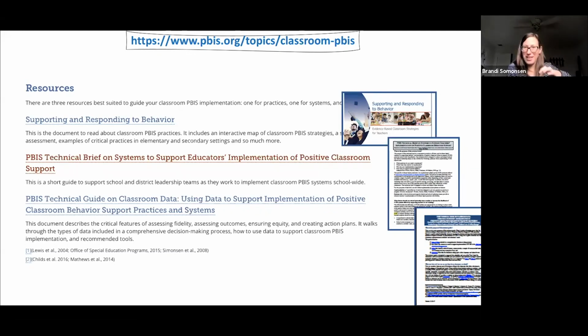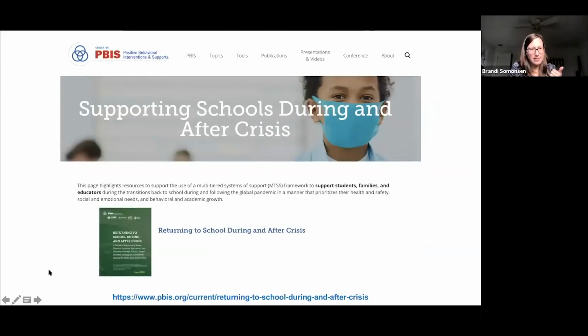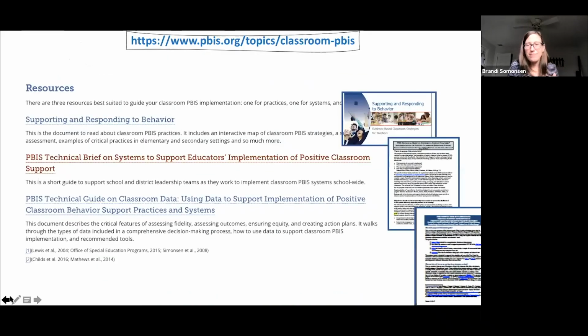Those circles that Kim showed you. So the supporting, and this is advancing on me without me clicking. The Supporting and Responding to Student Behavior Guide is one that really breaks down and provides examples and non-examples and links to other resources around key practices in the classrooms. So it goes beyond the three practices we highlighted, but it provides a context in which those practices can be